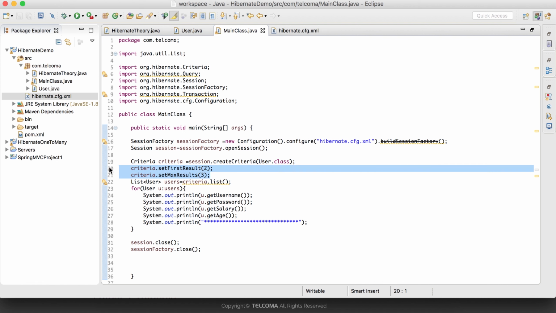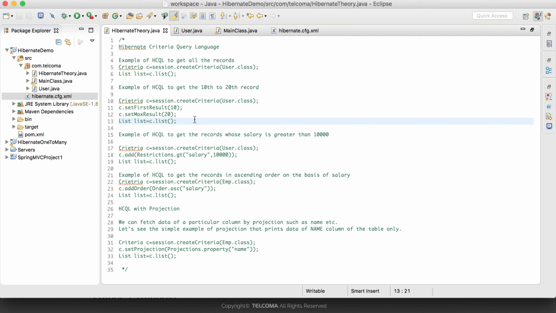Suppose we have thousands of records and we need 20 or 50 at a time, then we can pass this to the criteria as an argument, like first result as 0 and maximum result as 50. After that we can pass from 50 to 100, 150. So in this way we can filter the records. Now our next part is